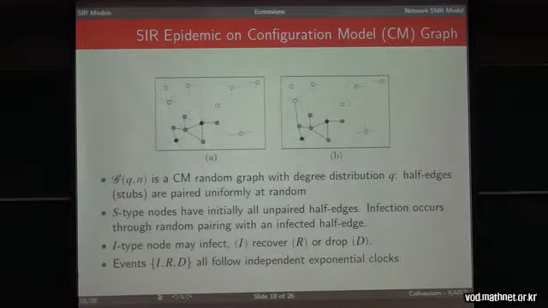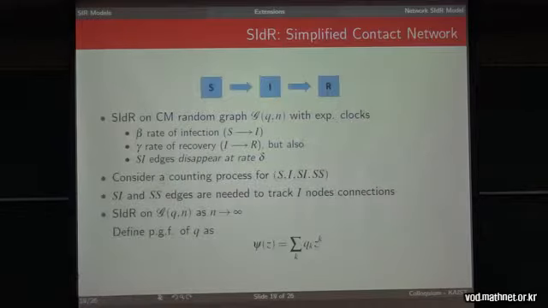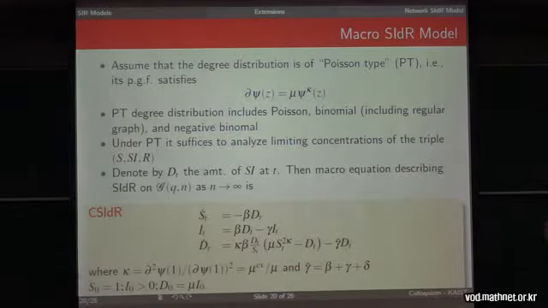In fact, in our dealings with these kinds of objects, we have allowed, for instance, the individuals who are neighbors of an infectious individual to drop connection, which is a reasonable thing to do. Once you are in the neighborhood of an infectious individual, you would expect to change behavior, so with some probability you could drop connection. We have these models that we call SIRD. I don't have time to talk about this, but under certain conditions, which are actually quite funny and interesting,